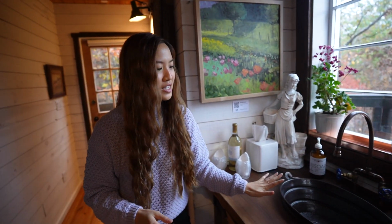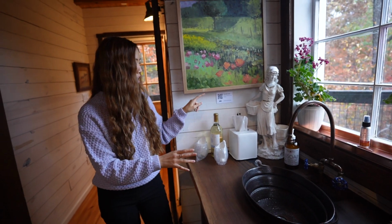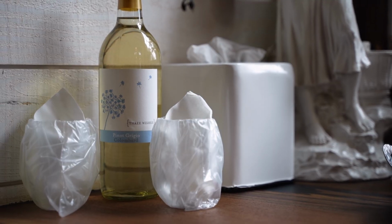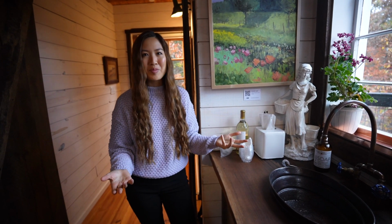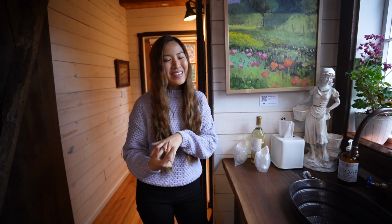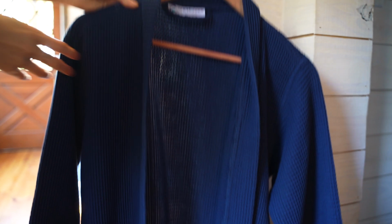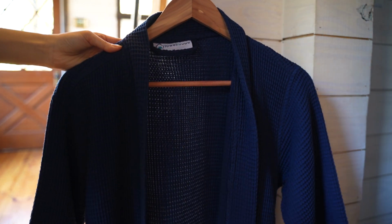And then there's another sink right over here where you can do your dishes. And then there's a complimentary bottle of wine, which I think is such a nice touch. Anytime they provide complimentary amenities and goodies, we always get so excited. And speaking of complimentary goodies, there are 2 waffle weave robes right in this closet. I know we're gonna be putting them on, especially when we're taking our baths and showers and just cozying up